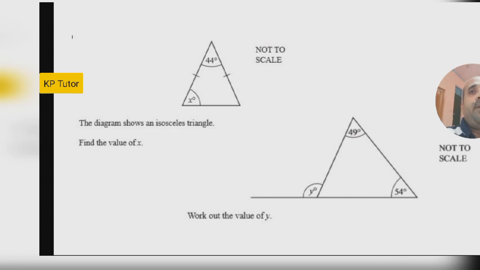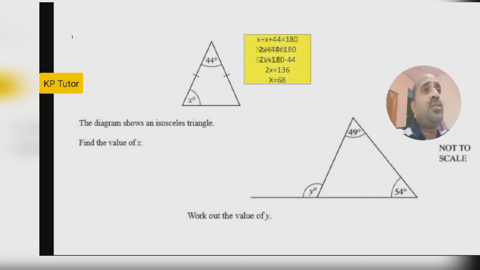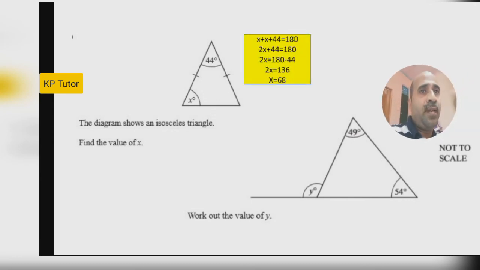These two questions are here. This one is a triangle, a very easy question, the easiest question. The triangle is isosceles, so we have to do some algebraic work. One angle is given as x, then automatically the second base angle is also x. In an isosceles triangle, base angles are equal. So consider the triangle, interior angles are 180. So 2x plus 44 is equal to 180 degrees. Then 2x is 180 minus 44, x equal to 68.